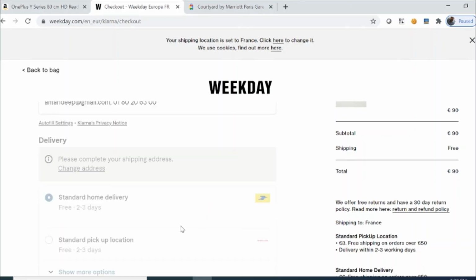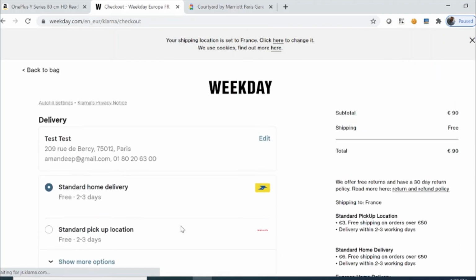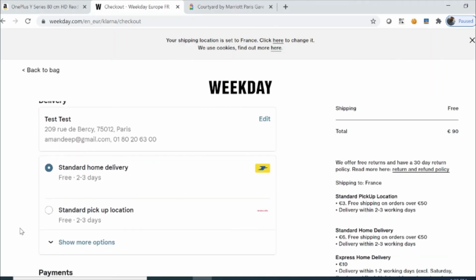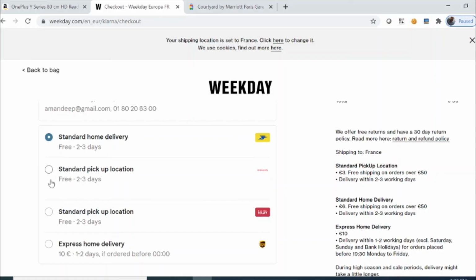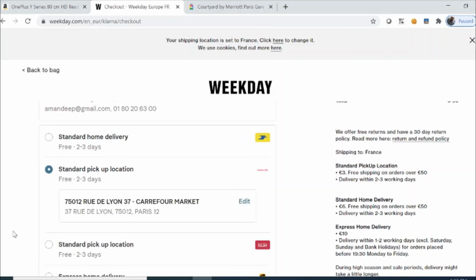So I have filled the address, and as you can see, once I fill the address, it gives me multiple delivery options, like how you want to get this product. Do you want a home delivery or you want a pickup solution? Like if I select a pickup solution, it will give me the nearest store where you can pick up your product.